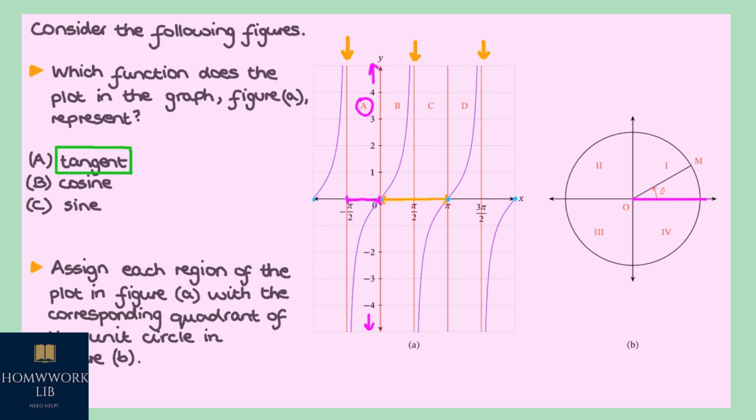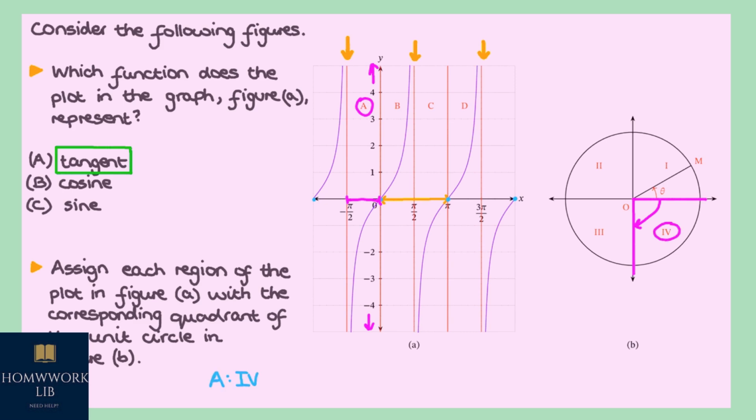Negative angles are measured clockwise from the positive x-axis, so an angle of negative pi by 2 represents a quarter revolution clockwise from the positive x-axis, which places this angle on the negative y-axis. So the angles in region A lie between the negative y-axis and the positive x-axis, which corresponds to the fourth